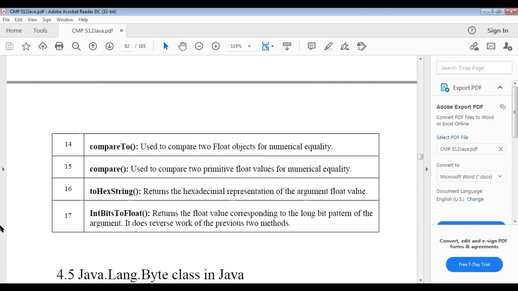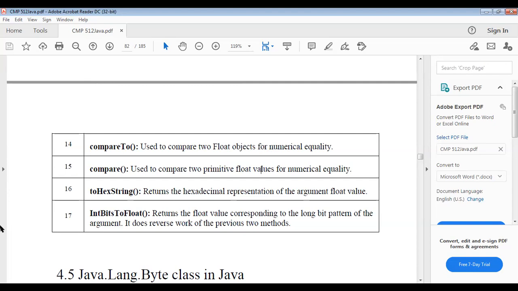Next we can see toHexString. Hex means hexadecimal. It returns the hexadecimal representation of the argument float value.